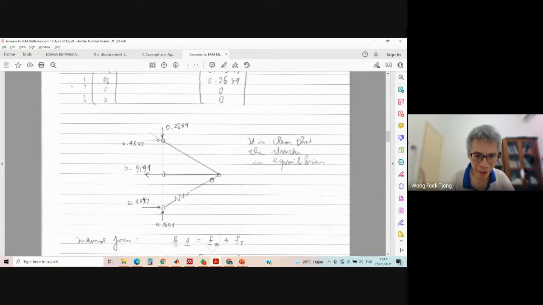And don't forget to check the equilibrium equations. The equilibrium consists of, in plane, the summation of the force in X direction should be in balance, in Y direction should be in balance, but also don't forget to check the moment. In 3D, most of you didn't answer completely. In 3D, you should check 6: forces in X, Y, Z, and moment about X, Y, Z, or the moment about axis parallel to that one, okay? Any questions?